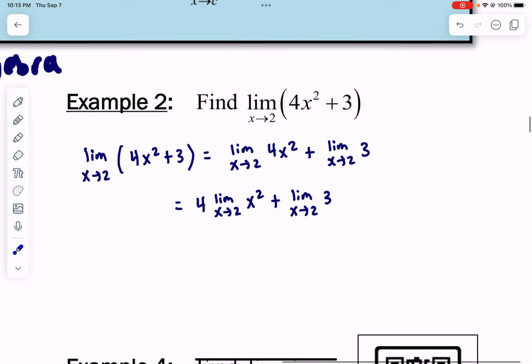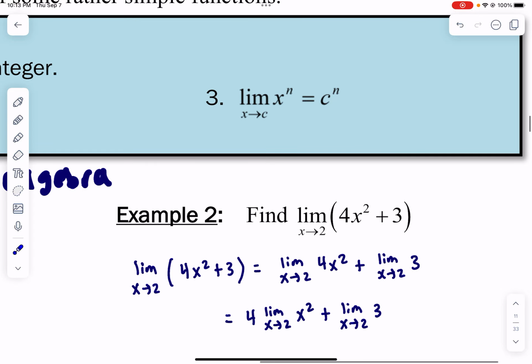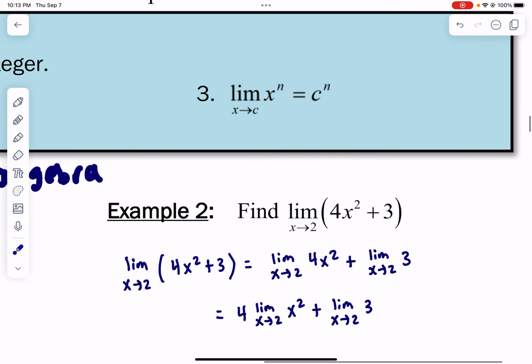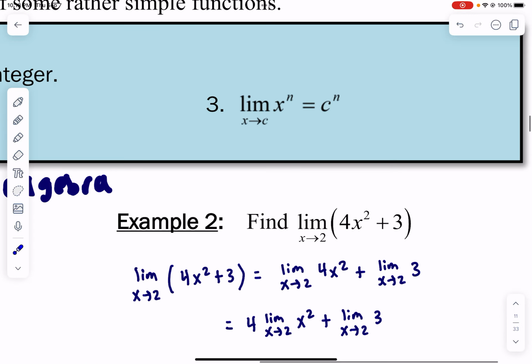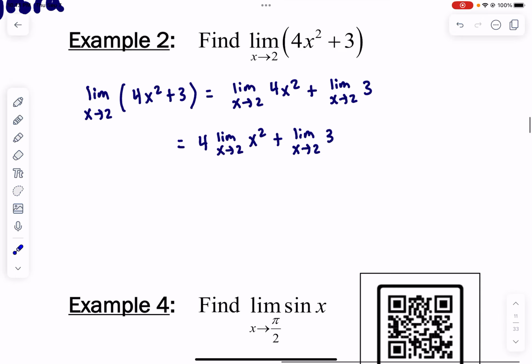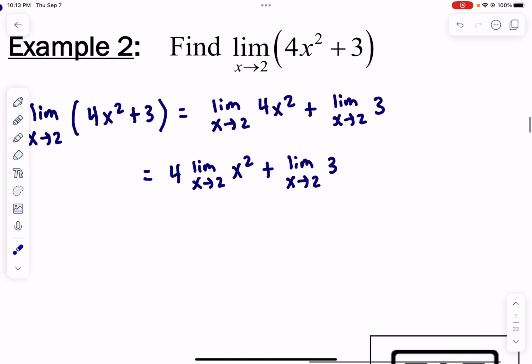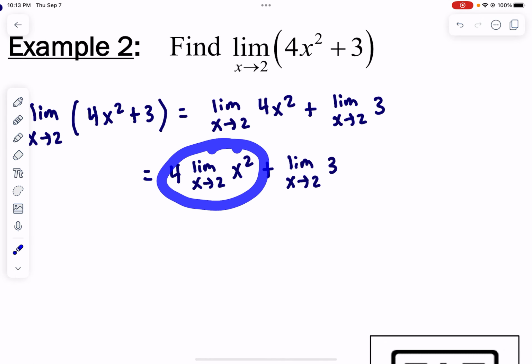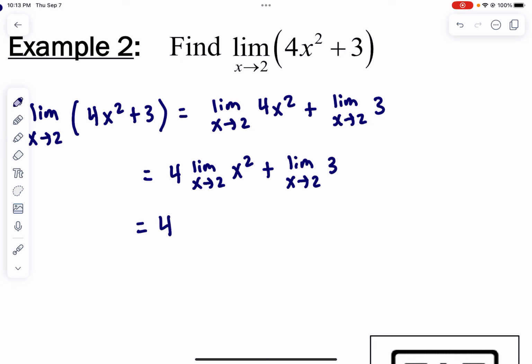All right. And if we look back at our properties here, we can just plug in our value that we're approaching in for x. So let's take advantage of that. Here in this case, let's focus on this limit. This is equal to 4 times, and we'll plug in 2 for x. 4 times 2 squared